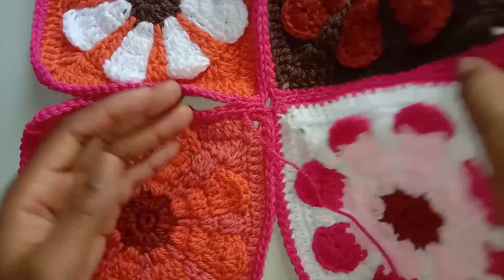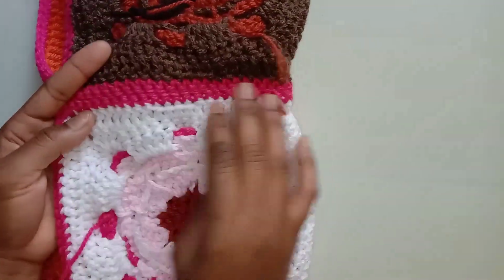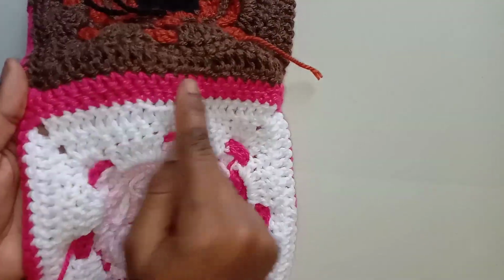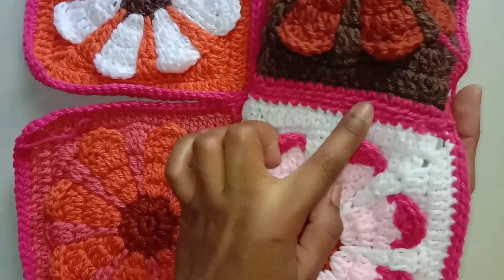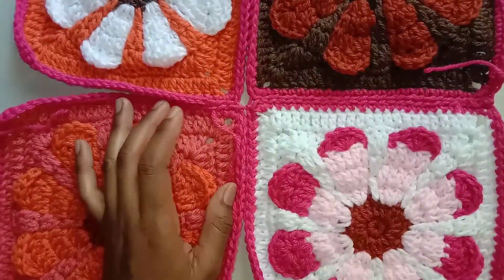Just like that. So this is how the other side is going to look. It's very much up to you if you want to use this side as the outside. This is how the outside of the cardigan is going to look if you work on this side versus this one. It's very much up to you which one is going to be the right side. As you can see,